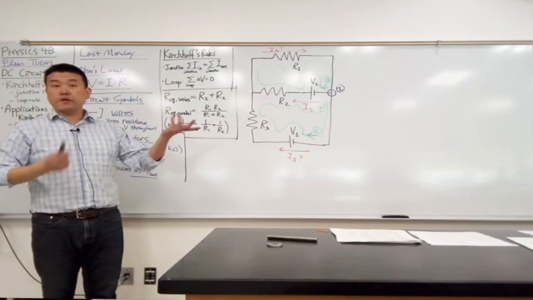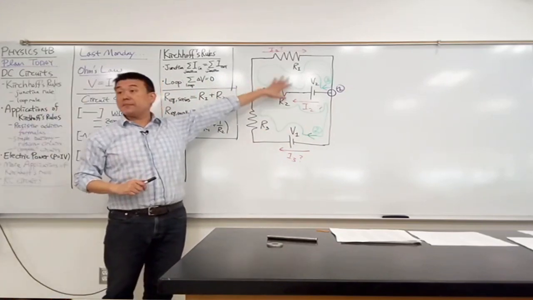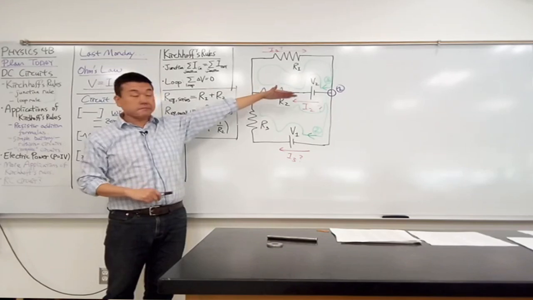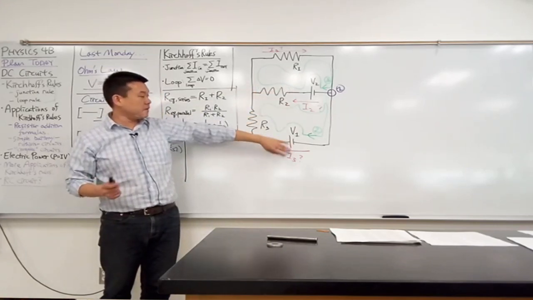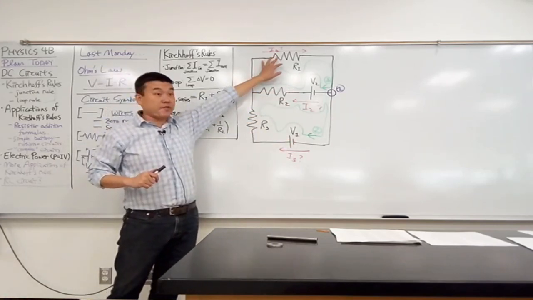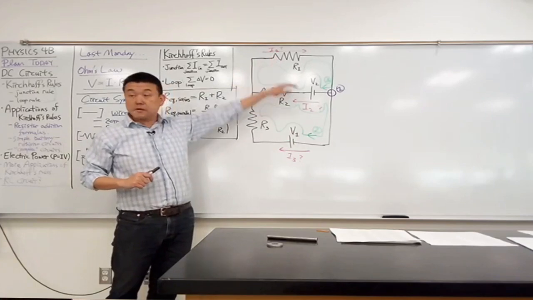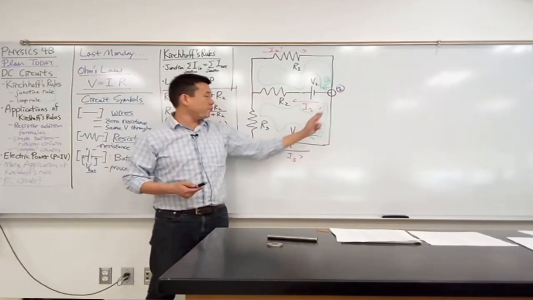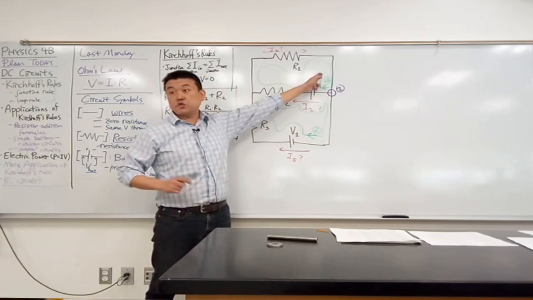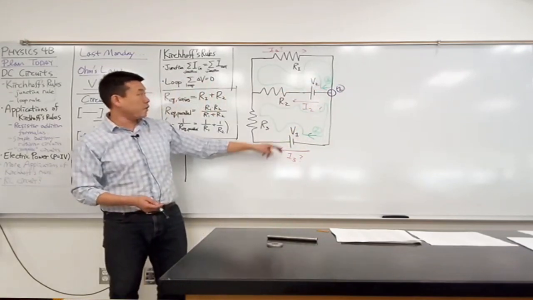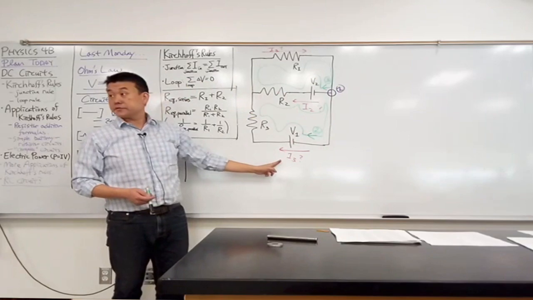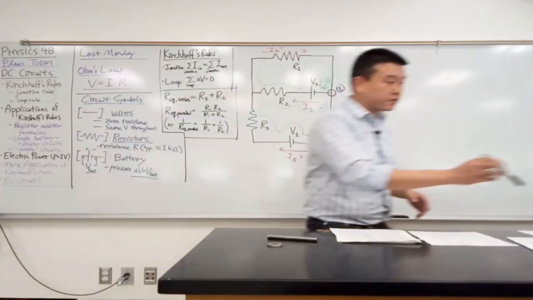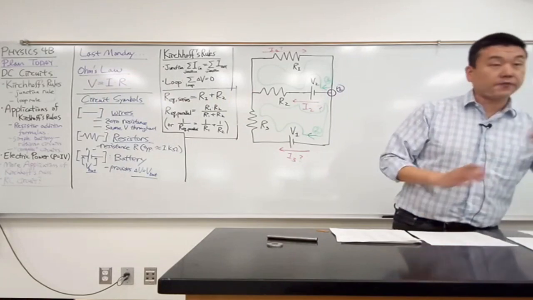And you might want to verify that they avoid overlap as much as possible. That they do overlap in one branch, but that's it. They each have parts that are not overlapping with the other loops. Yeah? So this is my plan for coming up with 1, 2, 3 equations, which will hopefully allow me to solve for 1, 2, 3 unknowns. Good? Okay, so now that I have the plan, let me write down those equations and see if they satisfy